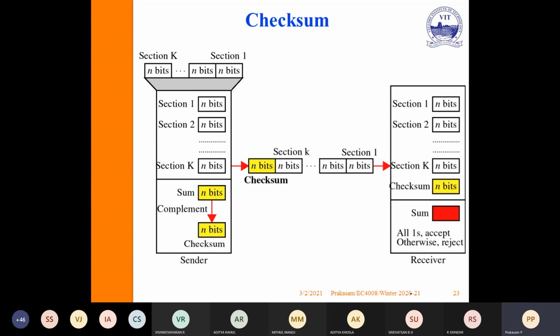So next we will move to checksum. Checksum is a different method. On the sender side, suppose there are 5 or 6 data words. In CRC, we add the code bits for every single data word, then transmit.